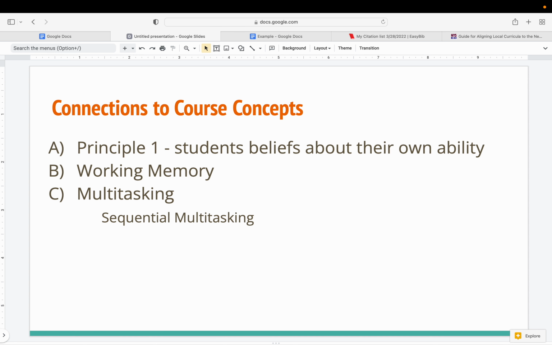And the connections to course concepts, I was thinking could be the principle of how the way students perceive themselves, students' beliefs or perceptions about intelligence and ability can affect their cognitive functioning and learning. That's the exact phrase. But like, if students don't think that they're good at English, or they don't even know the basics of it, or some sort of citing is too difficult, or they think there's too many steps, and sometimes it's a lot of going back and forth and double checking, this can kind of give them a little step up in making sure they can get it done accurately,